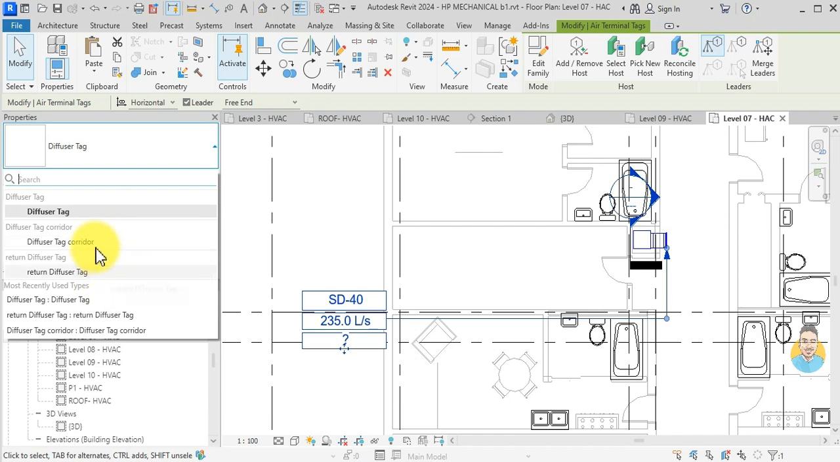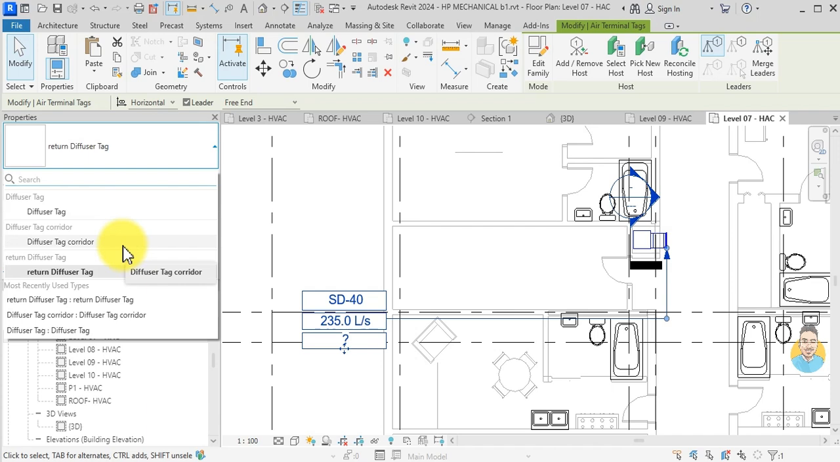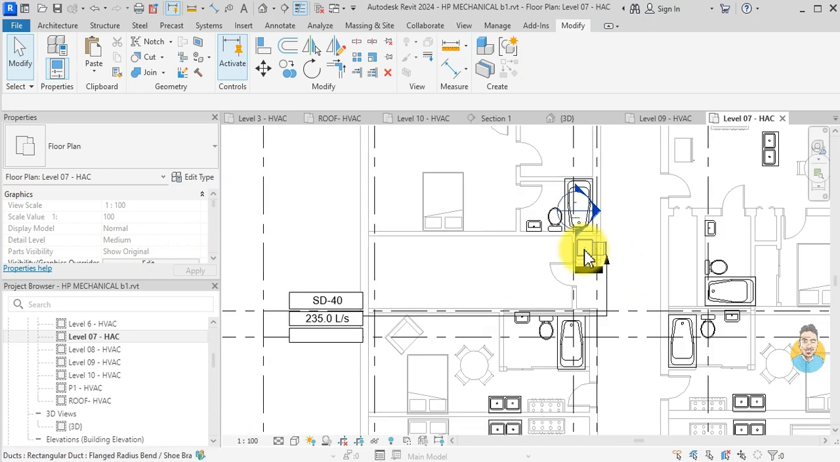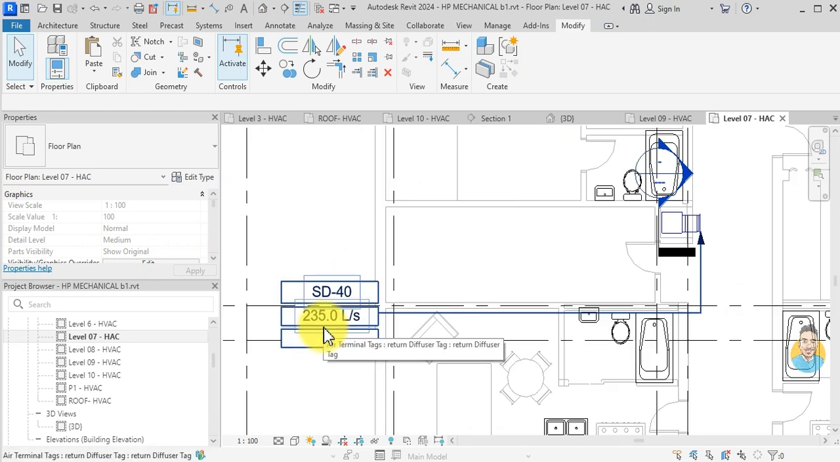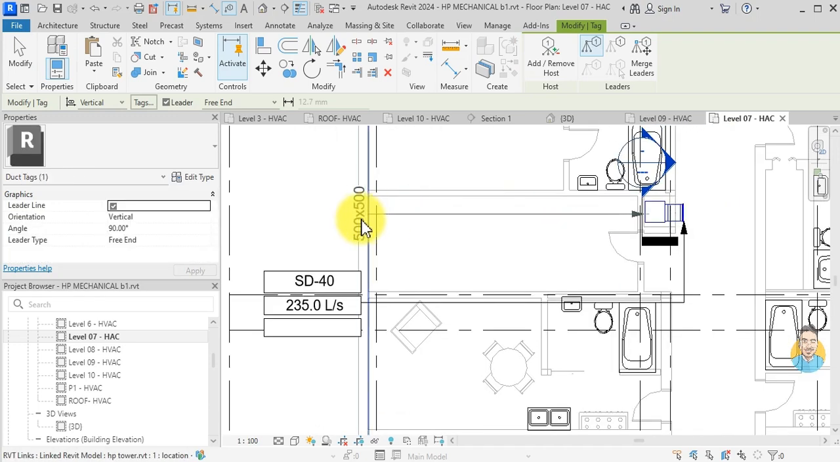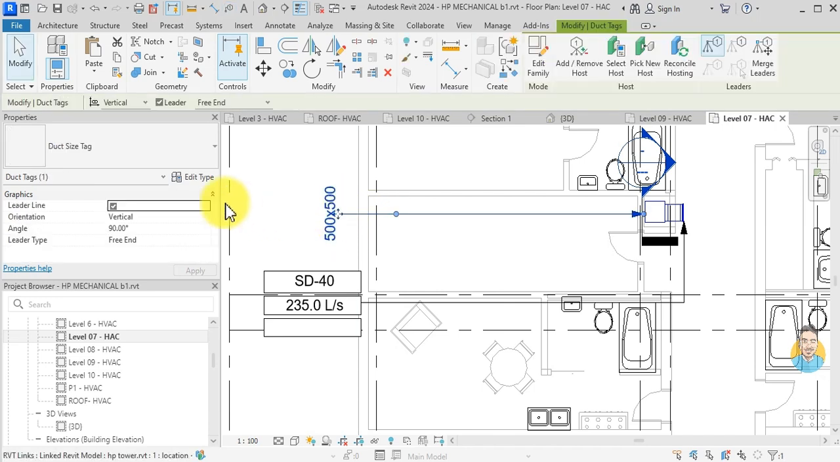I think it's not going to read it. I need to add the parameters in the family, so we can just let it go. Nobody's gonna notice. So I click this one and I need it to be horizontal,